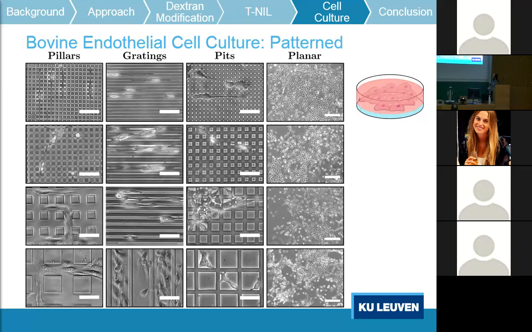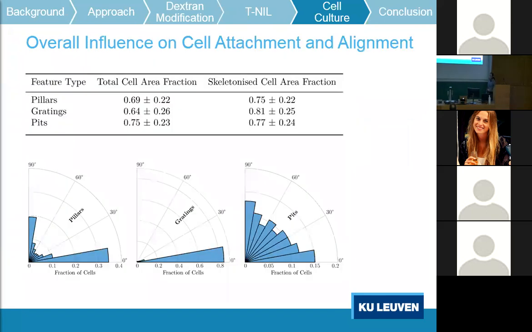So for example, when they are close enough with the pits, the cells seem to bridge across from one to another. If they're large enough to fit one, they can get trapped inside. And here you can have different multicellular arrangements growing around the pillars themselves, for example. But I need to make sure that, well, for example, my eyes aren't deceiving me. And I did some image analysis on all of the different microscopy images I had taken to verify what I was observing. And what we have at the top here